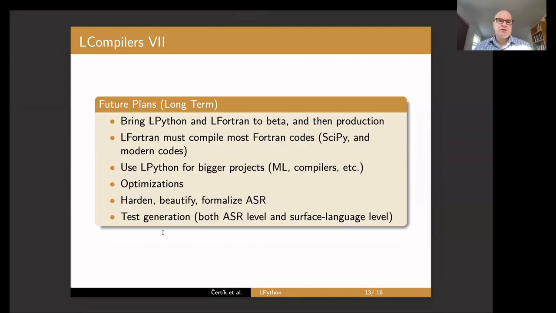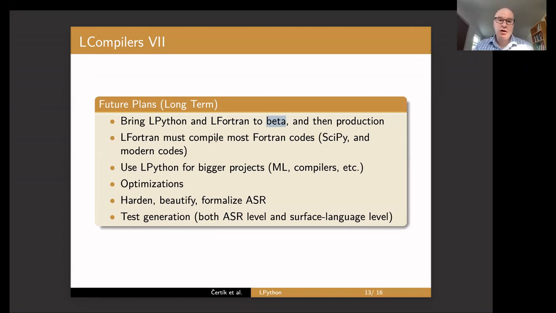And then the longer term plan is to bring LPython and LFortran to beta. That's our next big deliverable. And then eventually to production. Currently, they are both in alpha. Alpha means that if you use it, it will break. It's expected to break. And if it breaks, please report it, and be excited that you found the bug. Please report it to us. We'll fix it. Once we reach beta, it will be expected to work. It will have bugs, but it should be expected to work. So we are alpha. Our goal is to get to beta.